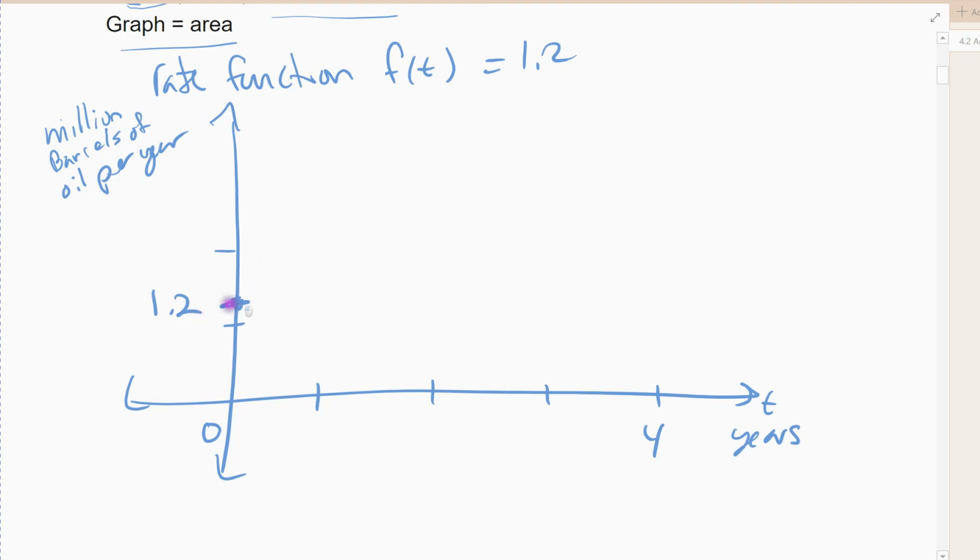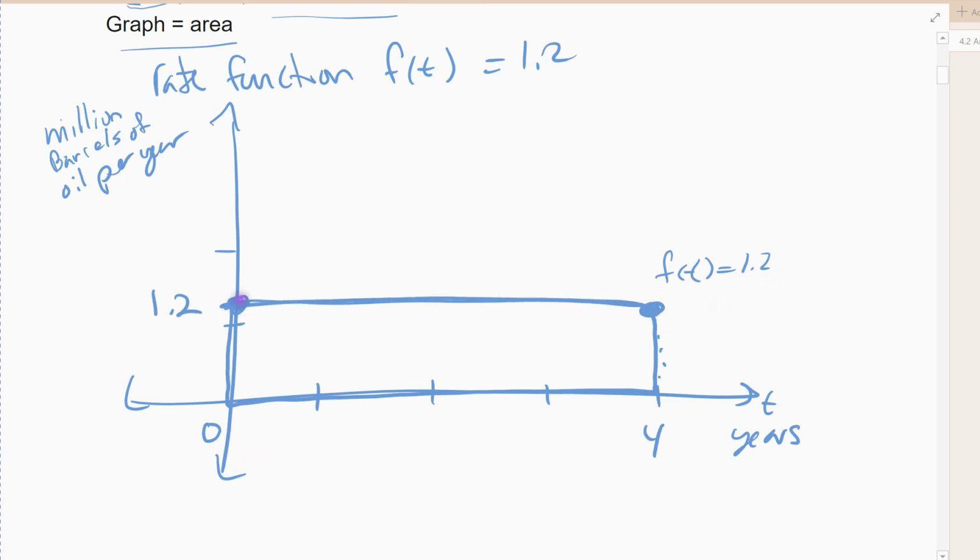That would be 1.2 is where we start. And so the function starts here at 1.2, goes over here to 4 years. Again, it's constant, right? F of t is the constant function 1.2. That's the constant function. And if you look at this, the area is a rectangle, right? This area here is a rectangle, which